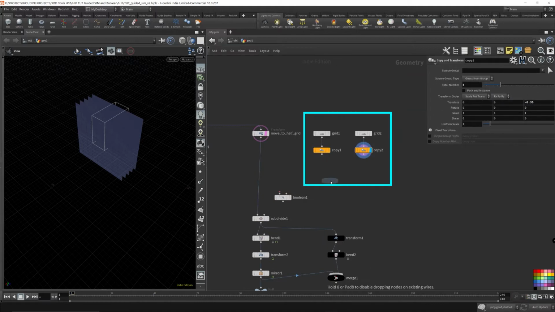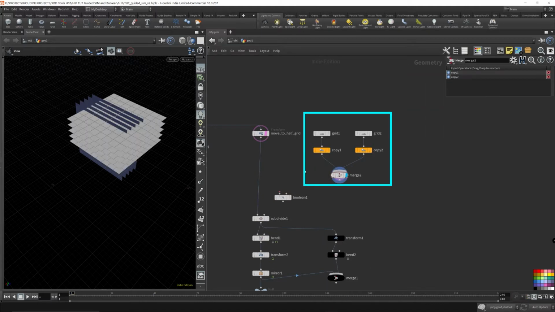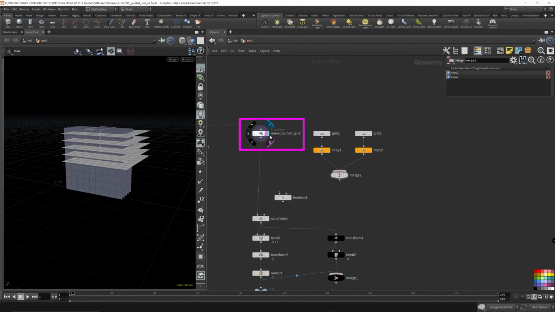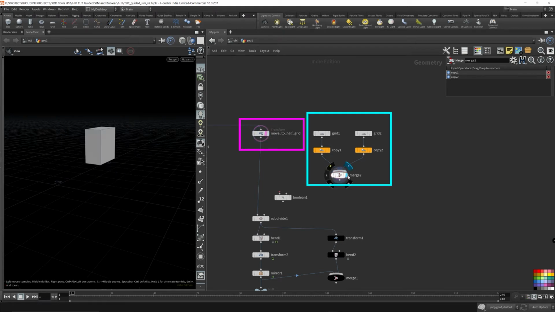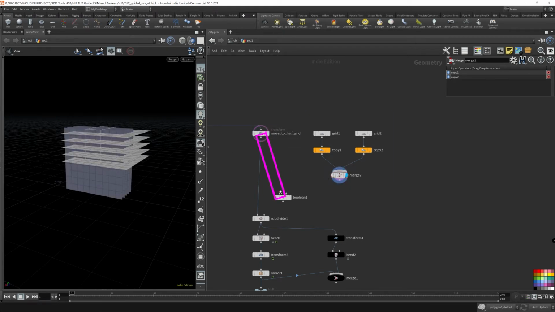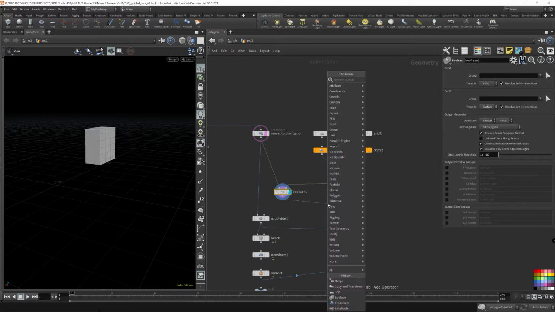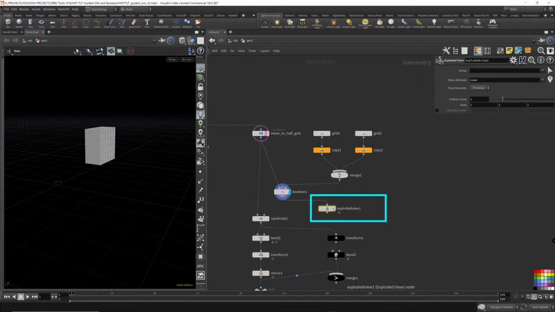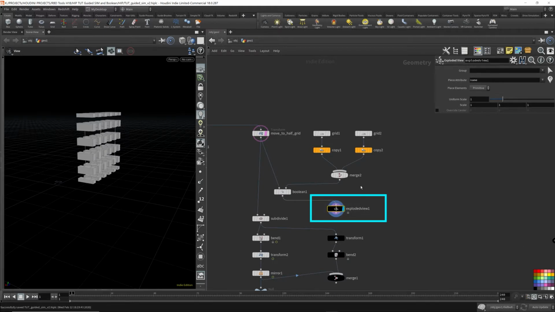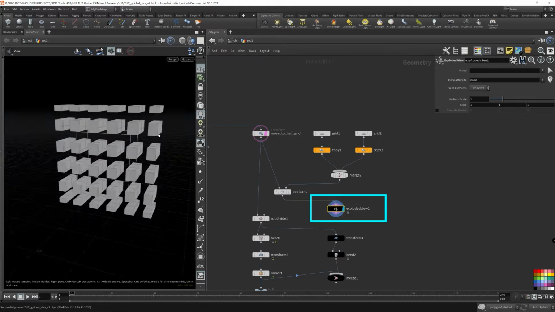These are my cutters. I'm going to merge them. I'm going to be cutting this cube using these cutters, so it's going to be sliced into pieces. So let's hook this up to the Boolean. In the Boolean, these are surfaces, and I'm going to do a shatter. Next, I'm going to add an exploded view so I can actually see what is happening. This will be black because this is only for demonstration purposes. Now we have more pieces.